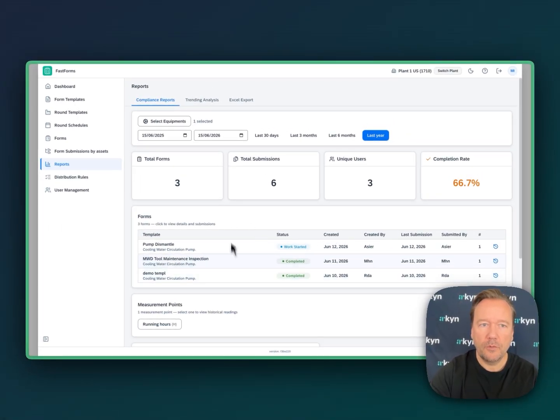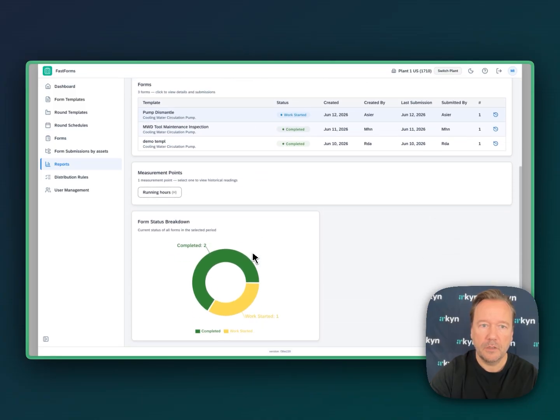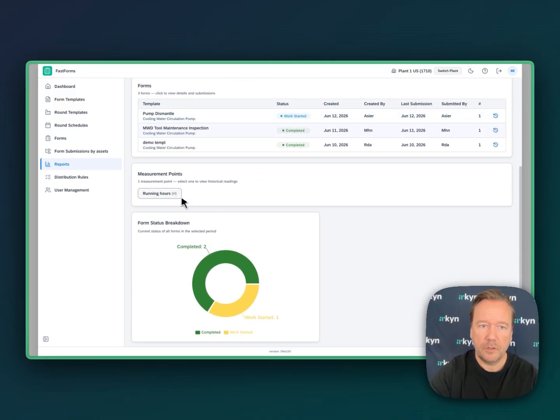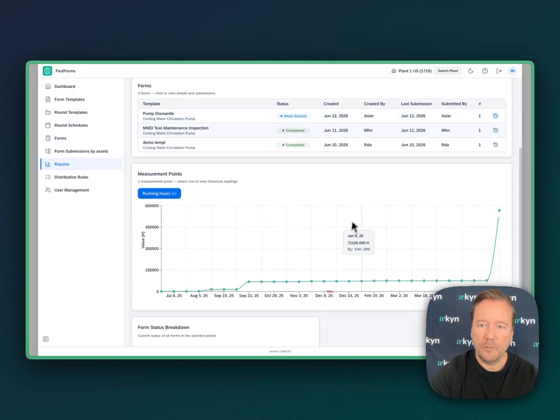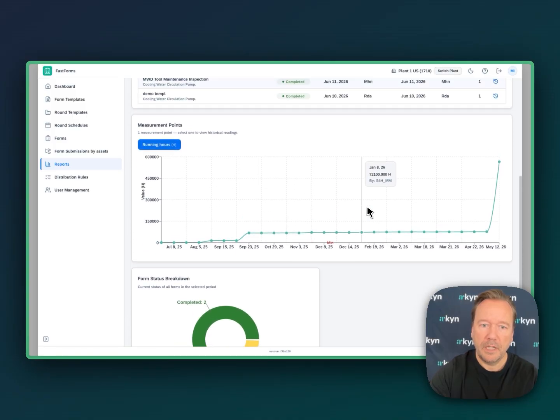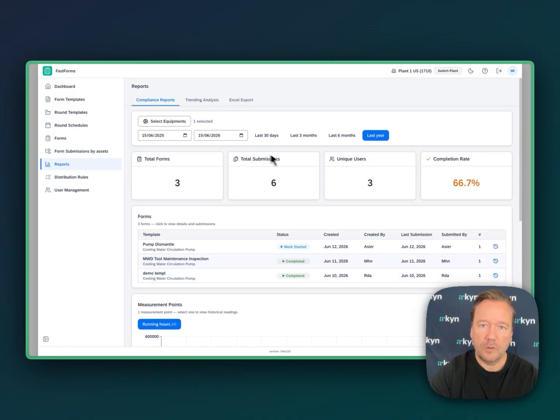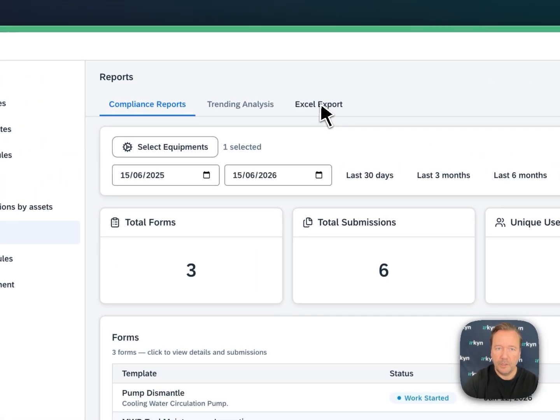And it will show you a full report of everything in terms of that specific equipment, all the different measurement points, and how they've been throughout time. And you can generate different reports for compliance reasons or just to follow up on how your assets are doing. These can, of course, also be exported to Excel and be shared with other parts of the organization.